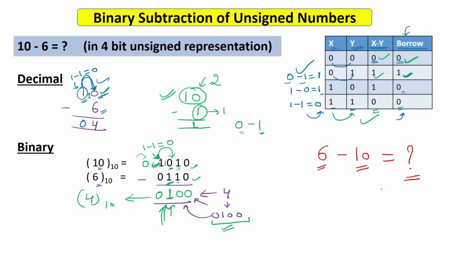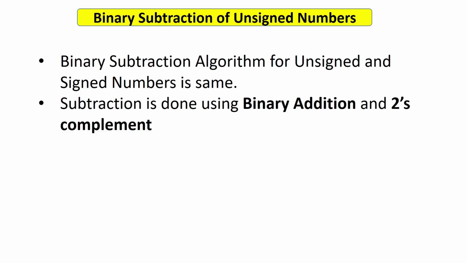Okay, then actually in decimal you will be getting minus 4. So what will be the answer in case of unsigned number subtraction? The important thing is the binary subtraction algorithm or the method is the same for unsigned and signed numbers. Whether you are subtracting unsigned numbers or signed numbers, the process is the same, just